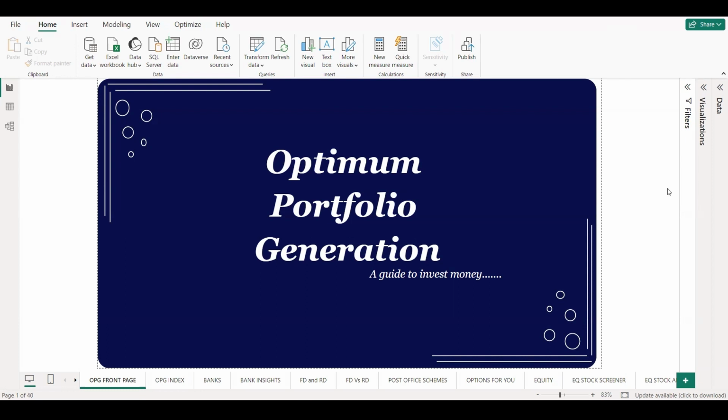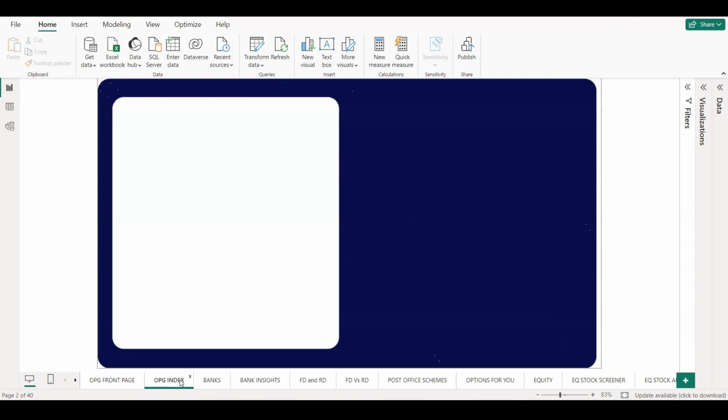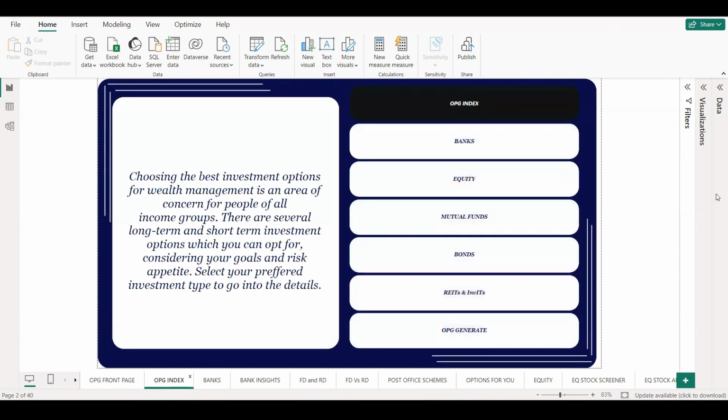What people need is to create a balanced mix of portfolio so that they can achieve their desired goal and also not take so much risk exposure and have a high chance of losing their money. So our project is targeted to help you create a balanced portfolio that we call optimum portfolio so that you can choose your desired risk appetite and your desired return so that you can achieve your financial freedom. As you can see here, we have taken different investment options that are available in India and that are most common for the purpose of analysis.